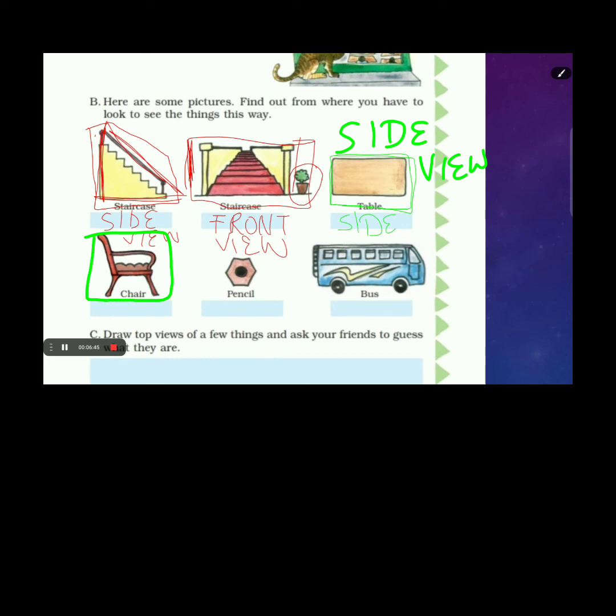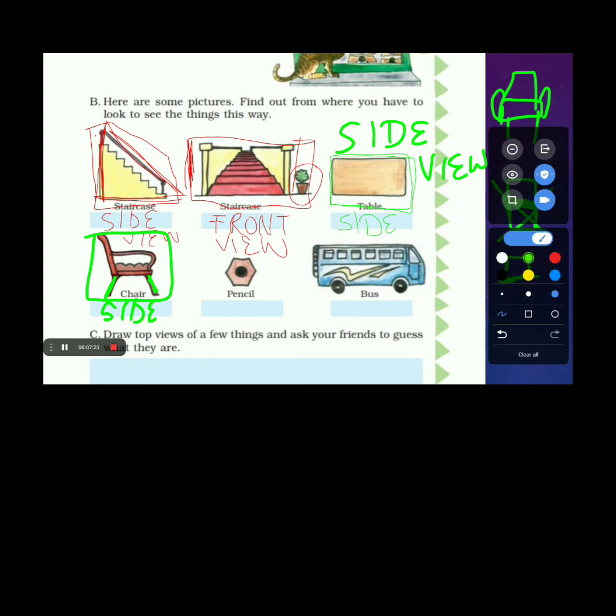Yes, coming on to the next part. Did you see this chair? What do you think this chair can be? In which view are you seeing this picture? Do you think it's a top view? Because according to me, top view would look like this. Or just like this. And it can't be the top view. If you see it from the front view, the chair would look like this. But we see only two arms of the chair. That means it is the side view.